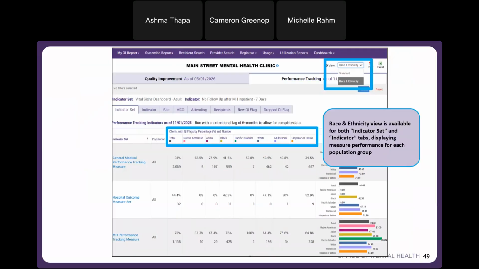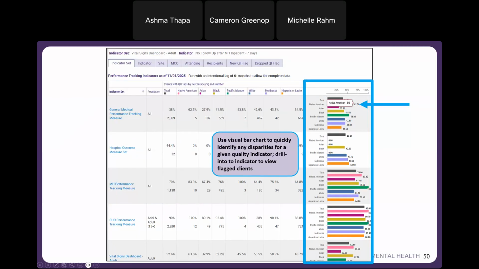All right, so when you select the standard view, we have all these different views available, and as we saw on the previous screen, it will show you quality indicator prevalence rate for the organization compared to the region and statewide prevalence rates. But if you come down here and select the race and ethnicity view, it will display quality indicator prevalence rates for clients in different race and ethnicity groups, as you can see in this screenshot right here. The race and ethnicity view displays the percentage and number of clients flagged for each of the quality indicators. And again, this is broken out by different race and ethnicity groups.